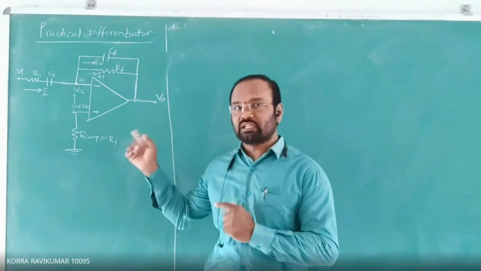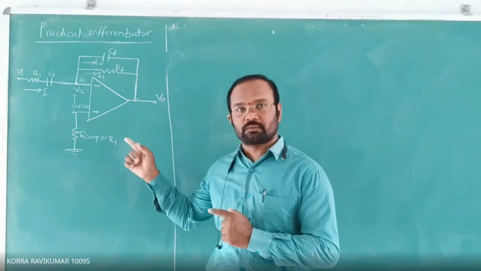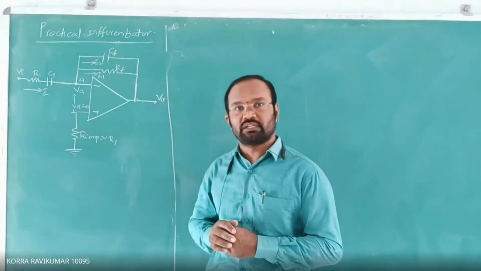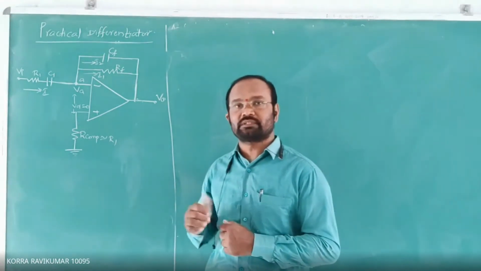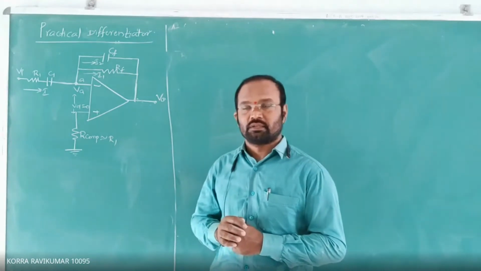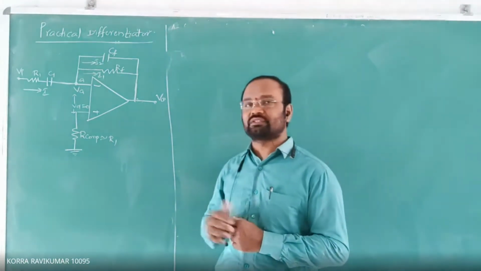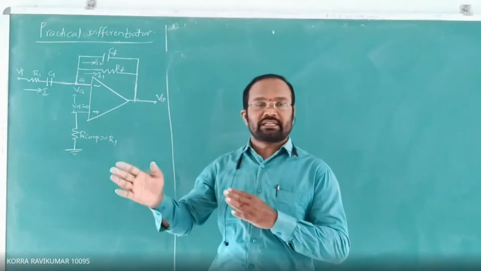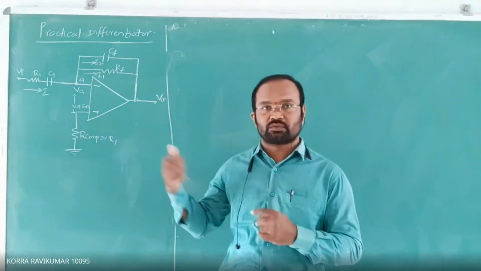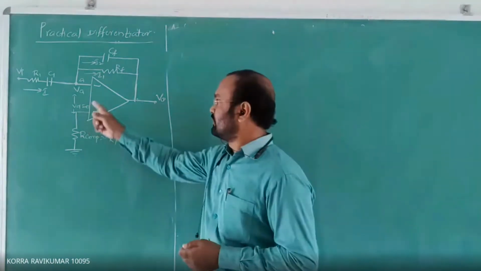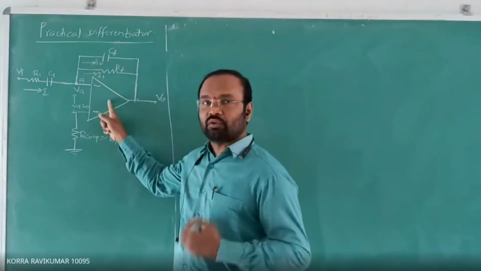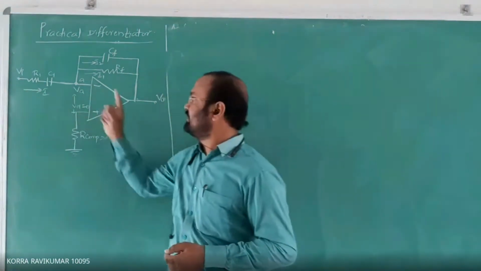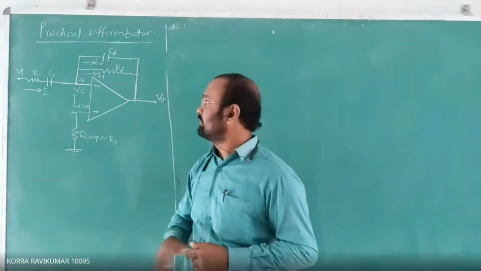So in order to analyze the frequency response of this circuit, the main thing here is we need to derive the relation for gain of this circuit, right? So in order to derive the gain of this circuit, first look at the circuit. What is the difference between integrator circuit and differentiator circuit representation? See here. So same, it is a 741 op amp IC, and this is the input signal which you are applying at the inverting terminal of op amp.